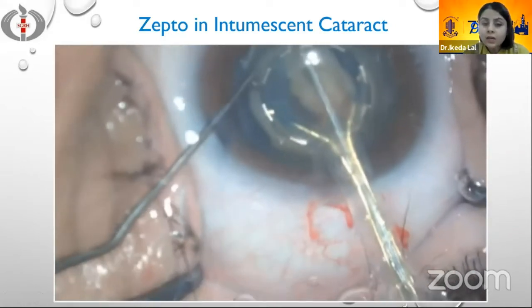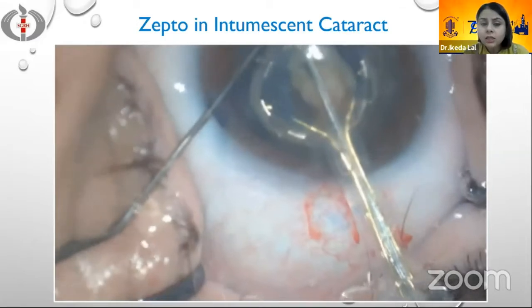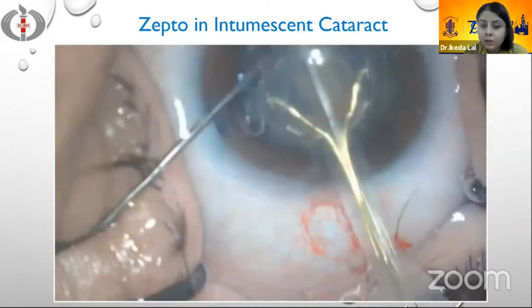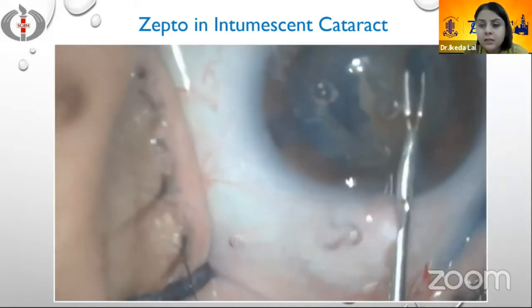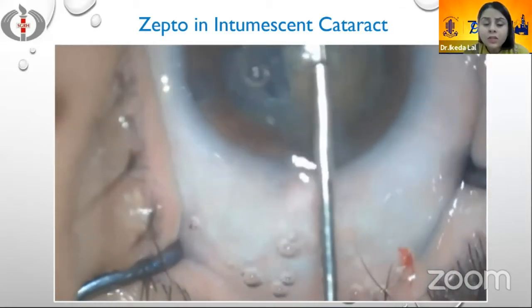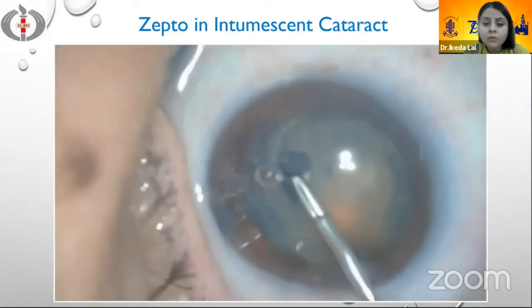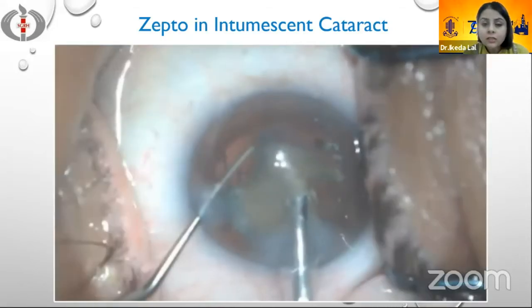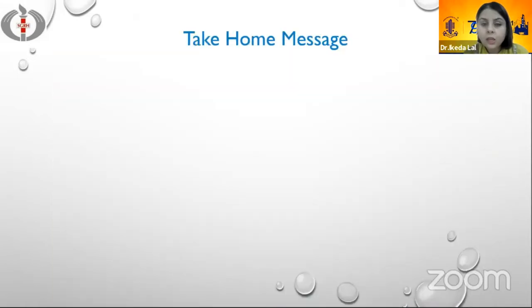Now, again, it was a little difficult to release the suction in this case, and the nucleus somehow got stuck to this suction device. And then with repeated attempts, we could finally release the suction and remove these tags and go ahead with our phacoemulsification. So these are some of the things that can happen. Although it's a very good system, we can still have these kinds of cases where we have a few complications.